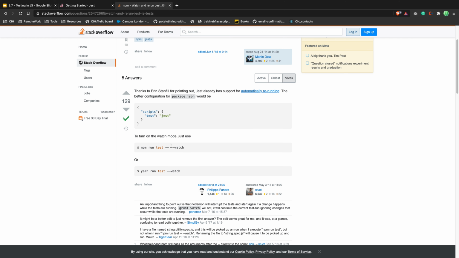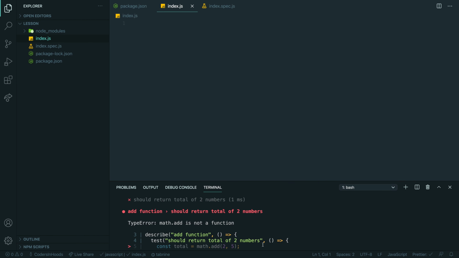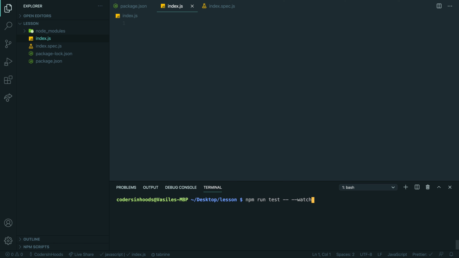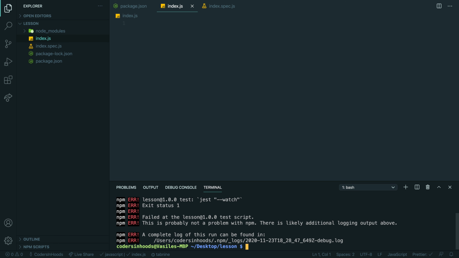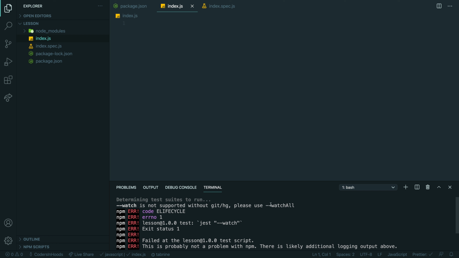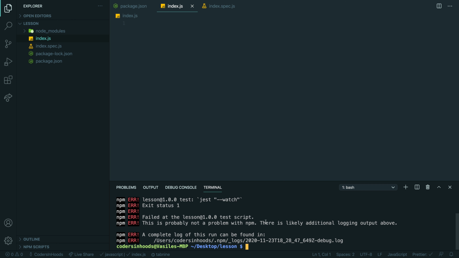Why doesn't it run the test? Yeah, this is what we do. Failed. Please use watch is not supported without git. Alright, watch all, sorry. So yeah, you need to initialize a git repository because by default it will look for